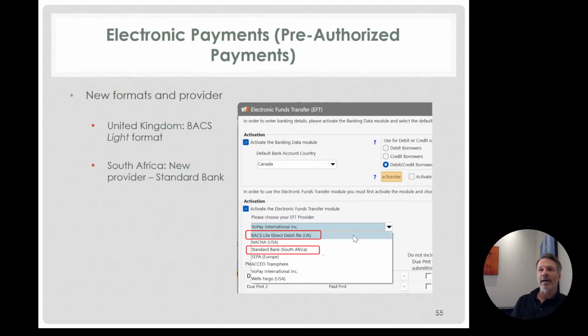EFT, we now have, in the UK, what we call a BACS. I call it light. It's a small BACS. It's a pretty straightforward file for the UK EFT payments. In South Africa, we work with a new provider called Standard Bank. If you're from South Africa, you know Standard Bank. They're the main bank over there, I think. And of course, in Canada, we have some. In the US, we use VoPay. And in the US, we also have,